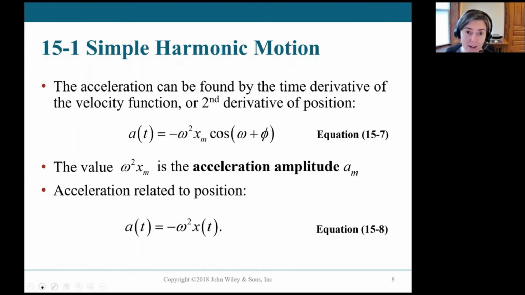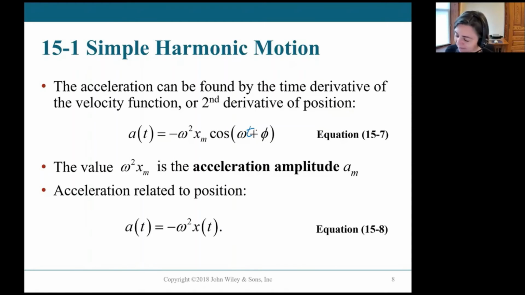Okay, we can go one step further. We can also take a further time derivative to get the acceleration. When you do that, I had a negative sine function for the velocity. So when I take another time derivative, the sine becomes a cosine, but we don't change the sign. It's still negative. And you get another factor of omega out front. So you end up with negative omega squared times x_m times cos(omega t plus